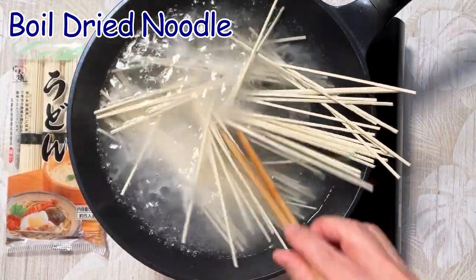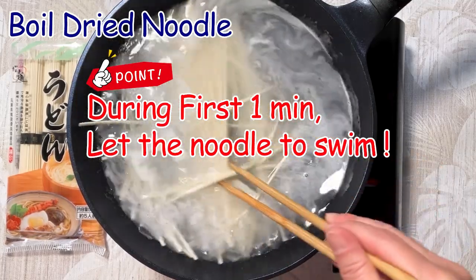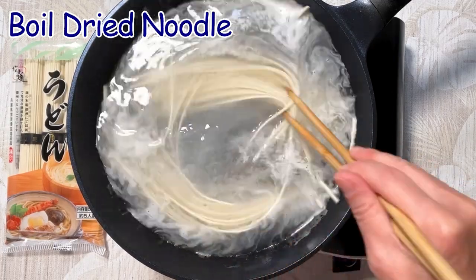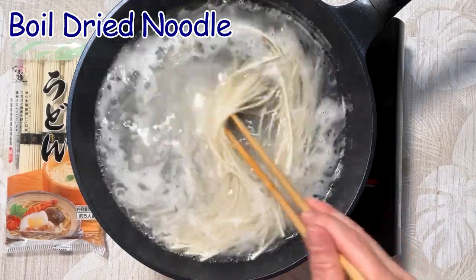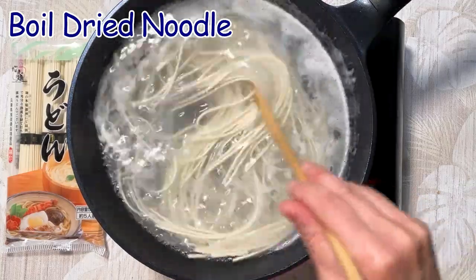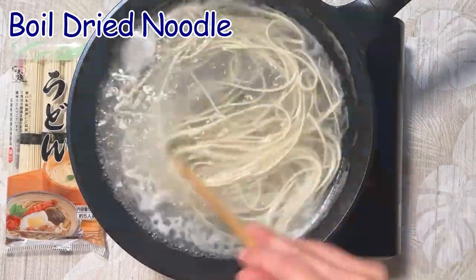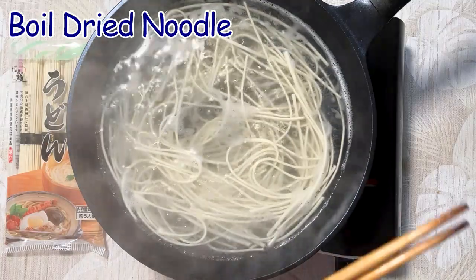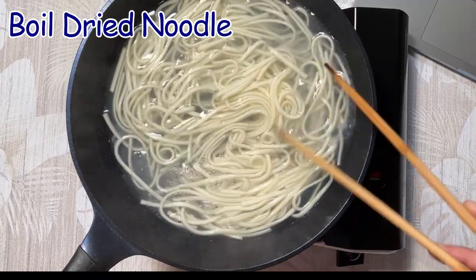Then, after putting the noodle into the water, for around 1 minute, stir the water so the noodle swims inside the water. If you don't do this, the noodle will stick together and become one lump. Okay, after that, turn the fire down a little and boil, following the instructions. It's maybe okay, so